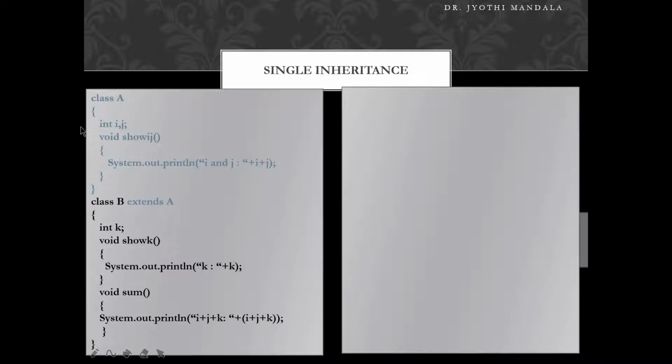Now these are the two classes. Let us write our main method, which is available in a class called Example. Our main method is public static void main. In this main method, let me first create the objects of class A and class B. The object of A is small a and the object of class B is small b. If you want to assign the values of i and j using the A object, how can we do that? We can do that with a.i and a.j. These things you already know.